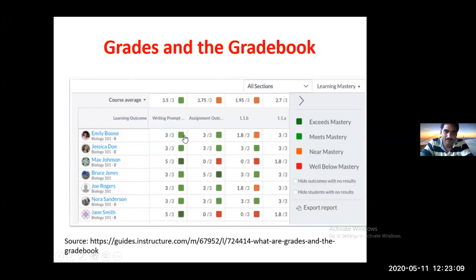Here you find different colors showing in this gradebook. These colors indicate the mastery level of the students. Green indicates exceeds mastery, light green meets mastery, orange near mastery, and red well below mastery.